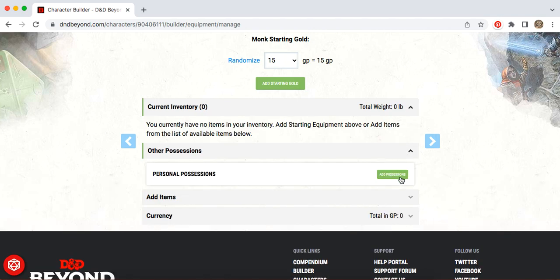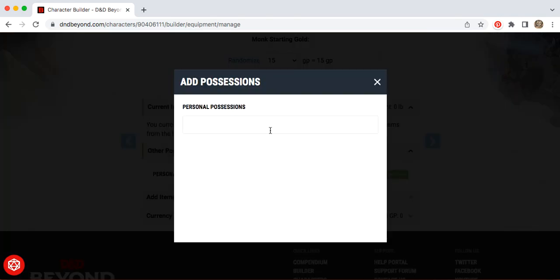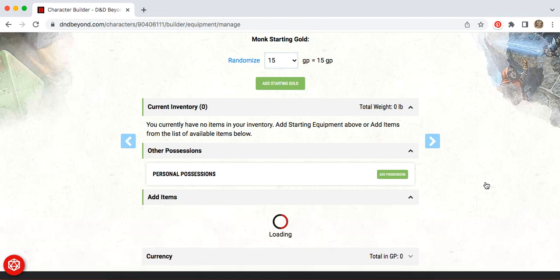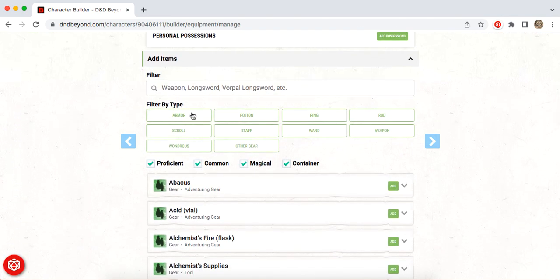Other possessions you can add by clicking, and it gives you a place to list things you'd be carrying with you, like a picture of an ancestor that is dear to you. But to add items, you can go through and buy things, and this is also super fun.